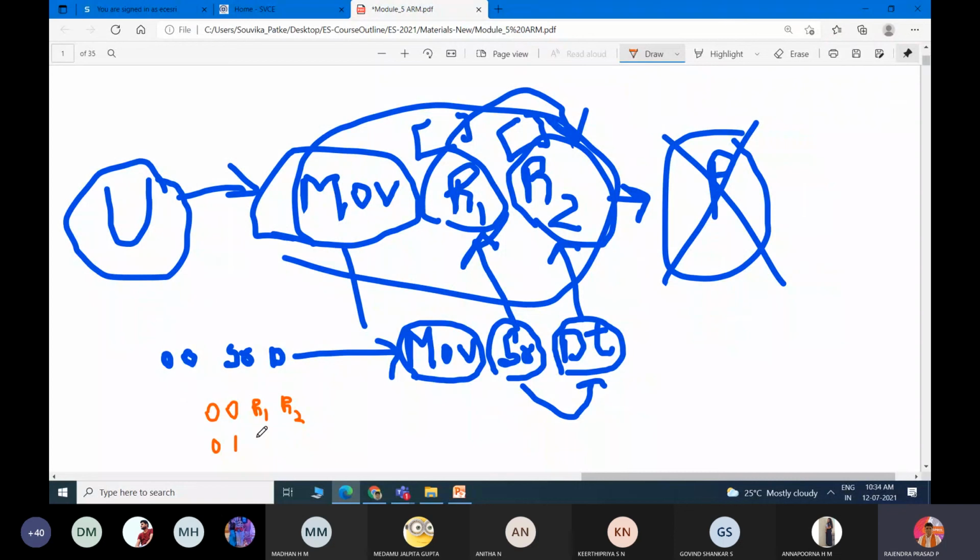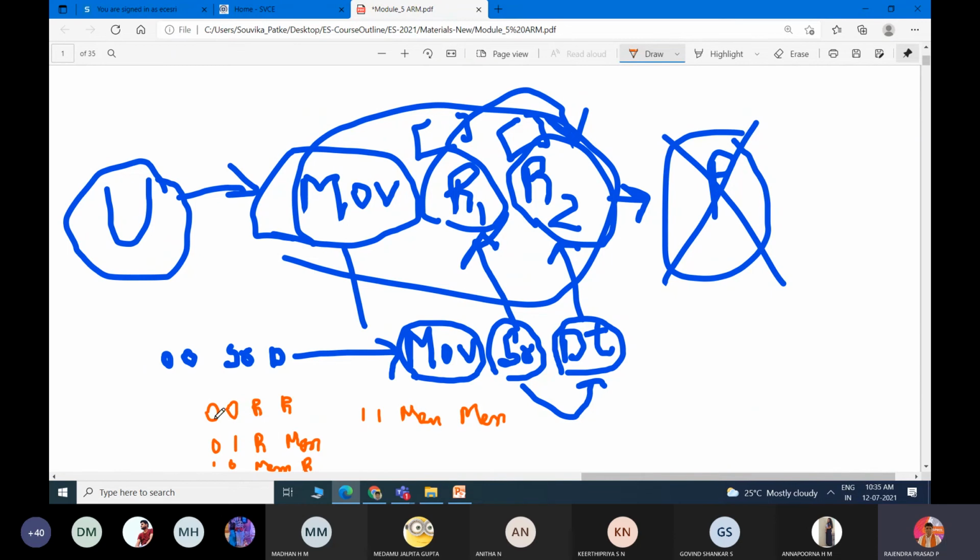Okay, now here it will be register 1 and here it will be memory. Okay, 1 0, I will write here memory and here I will write register. I will not give 1 and 2 also, I will just put register. Okay, now one more I will give, 1 1. I will write here memory and I will write here memory.